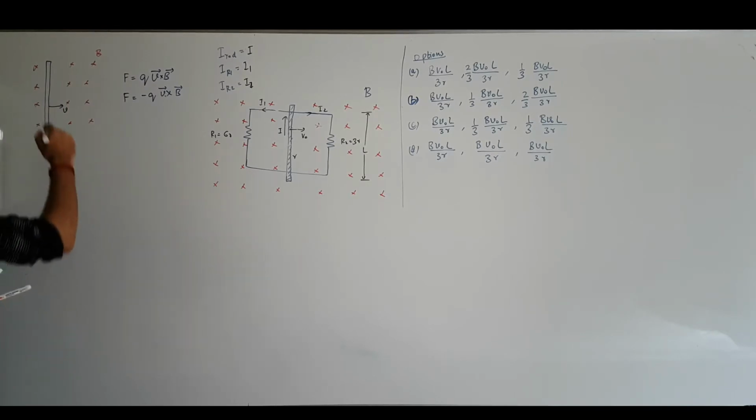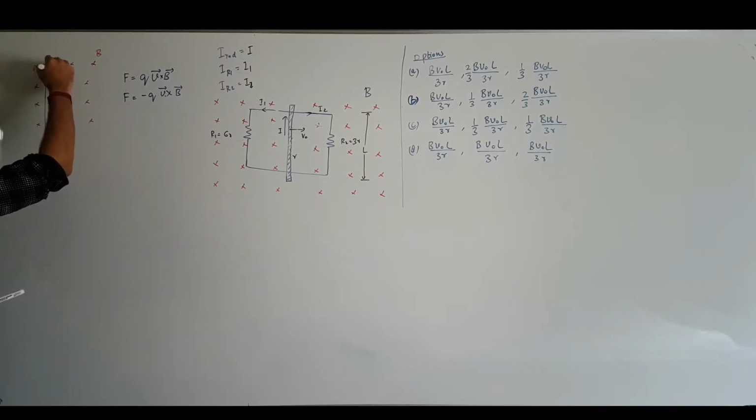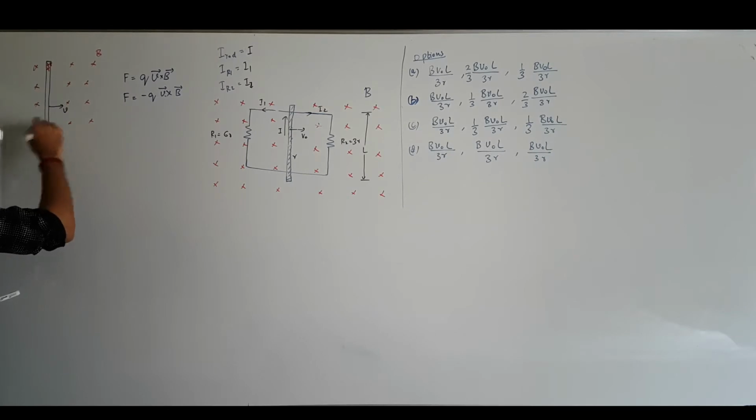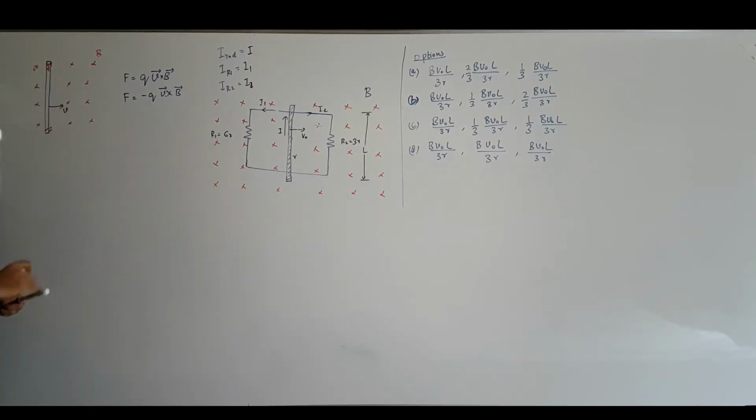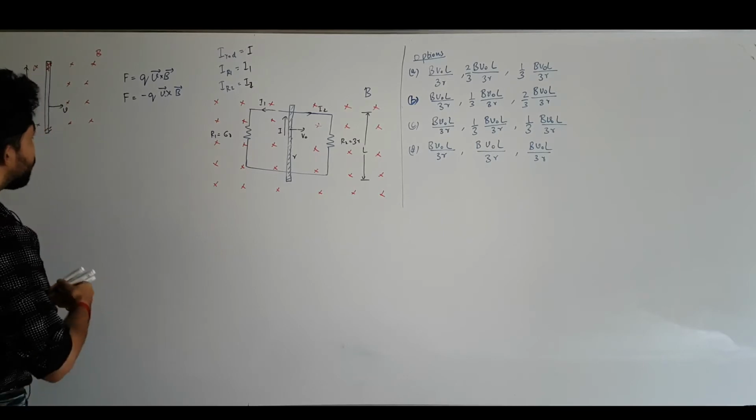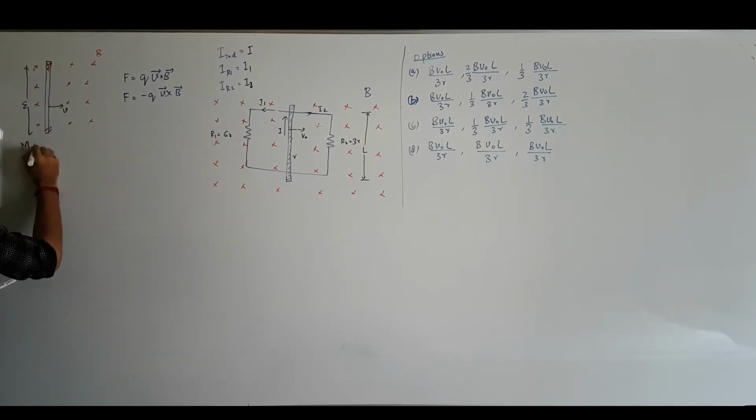So there will be a collection of positive charges at this end and negative charges at this end, and due to that charge separation, this will result in an EMF. From this point to this point there will be an EMF induced in this rod, and that EMF is called motional EMF, and the expression for motional EMF is given as